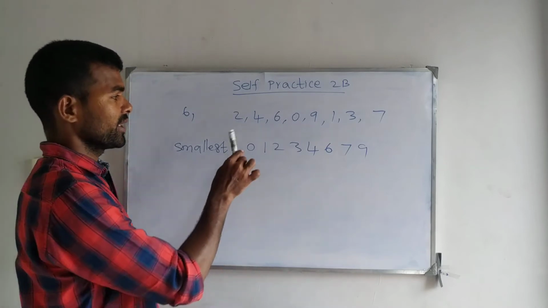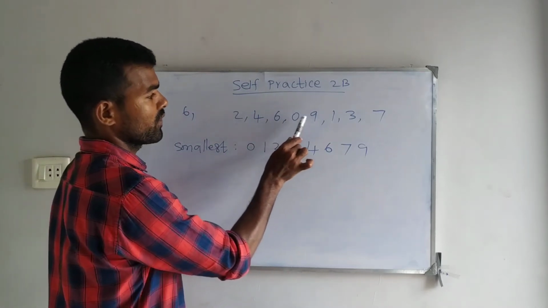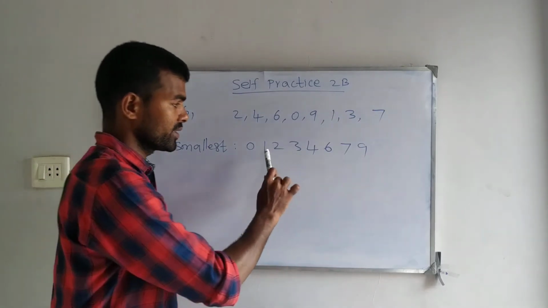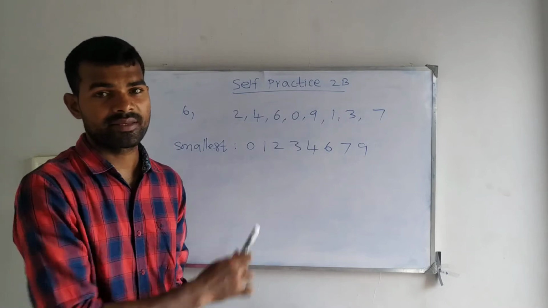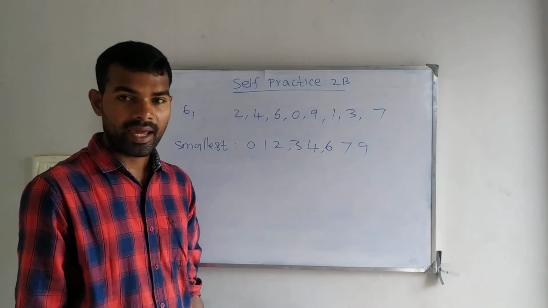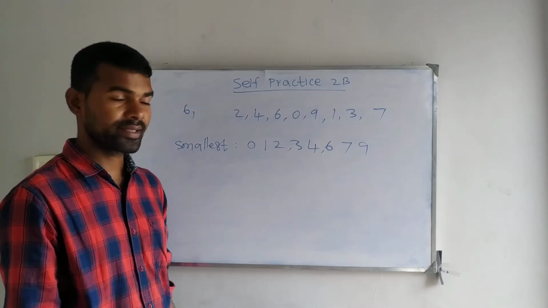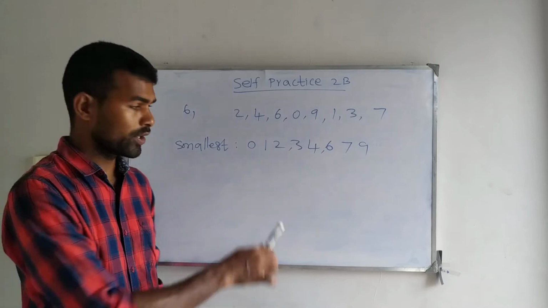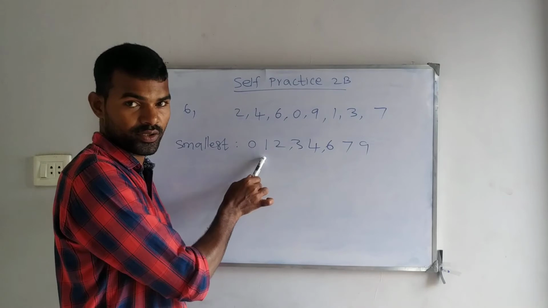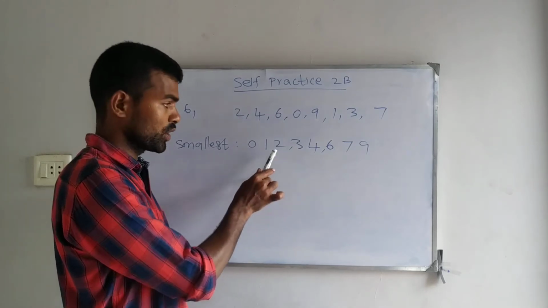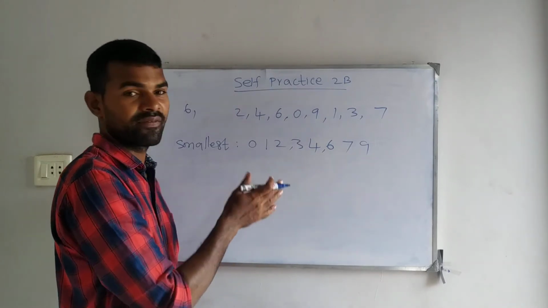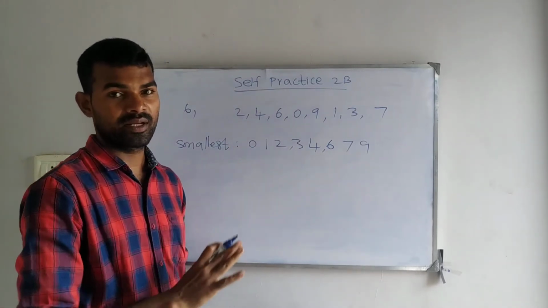But see that here, how many digits are given? 1, 2, 3, 4, 5, 6, 7, 8 digits are given here. But see this number, how will you read it? 12,34,679. Are you using the 0 here? No. You are just reading 12,34,679. We are leaving one digit out. So that means this is wrong.